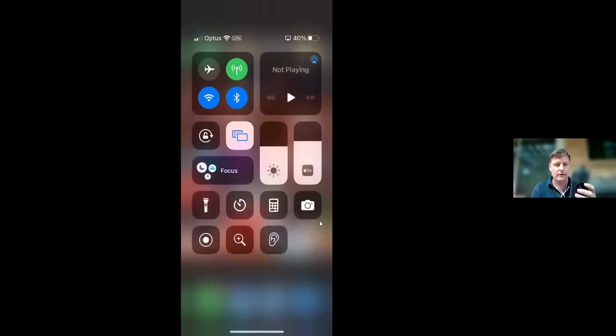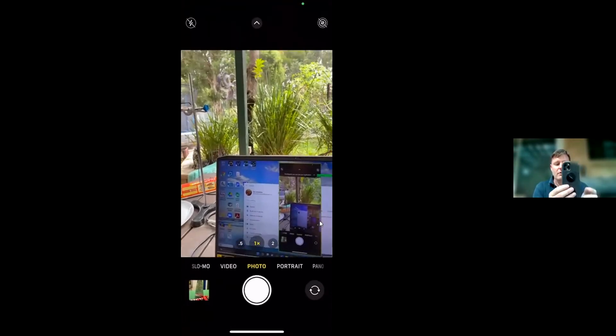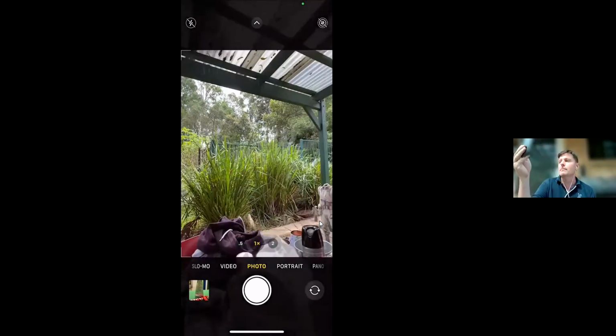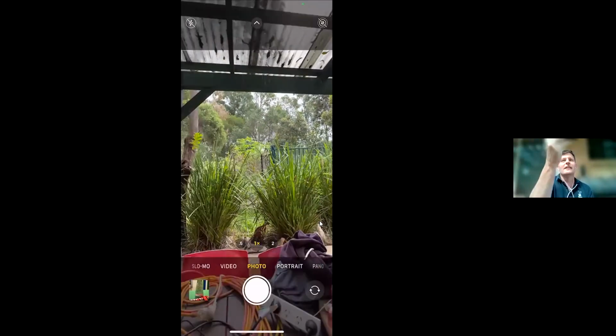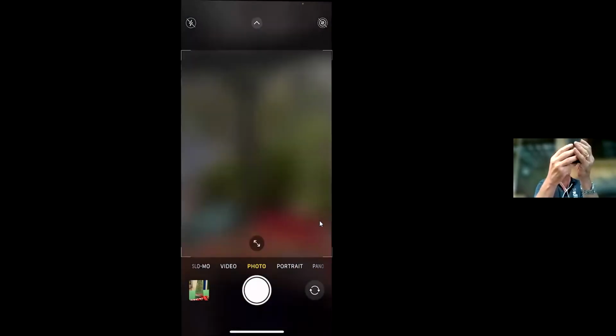And I'm talking my way through. I'm not doing it the fast way, we're doing the slow way, so you can see what's going on. Guess what? Now you're seeing my screen. If I go out and open the camera app, I can now show my garden and the mess behind me. The tomatoes aren't quite good, but there you go. There's my kids' trampoline. You get the idea. And I can flick it around to me if I needed to.